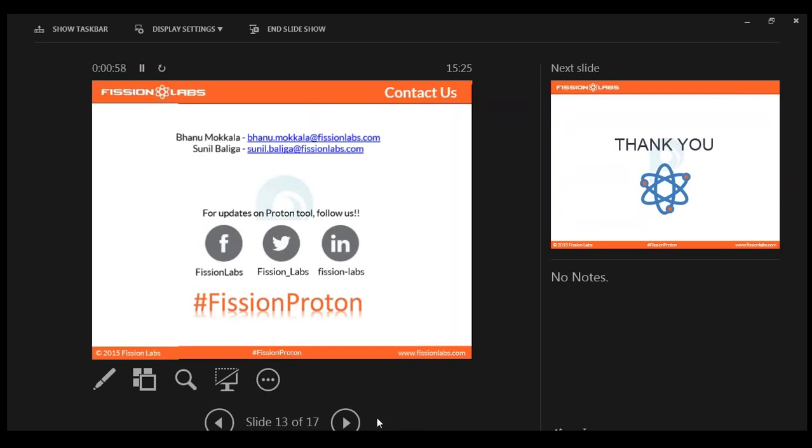Proton tool acts like a coordinator between both, and then, once the execution is done, consolidates and gives you the consolidated report.